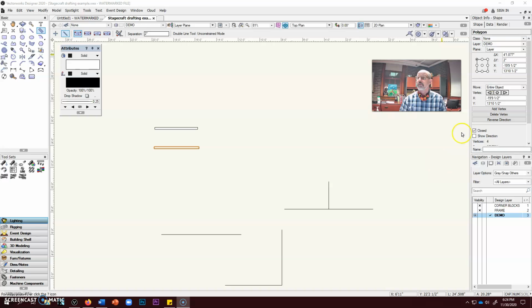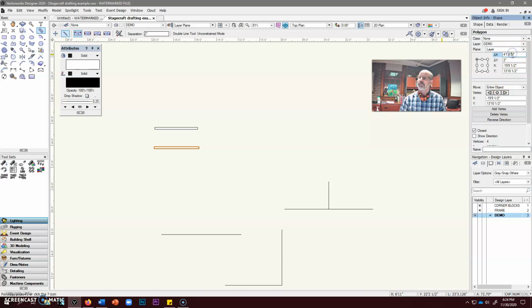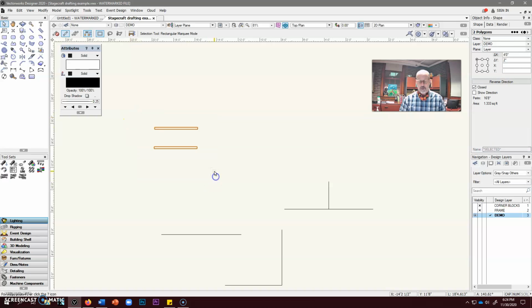Something nice about the object info palette, though, is that if I come back into that and I want to give it a specific length, say exactly 4 feet 0 inches, I can enter that information up in the object info palette and manipulate that object again. Okay, so those are the three tools that you're going to, 3 of the 4 tools you're going to primarily use for drawing your